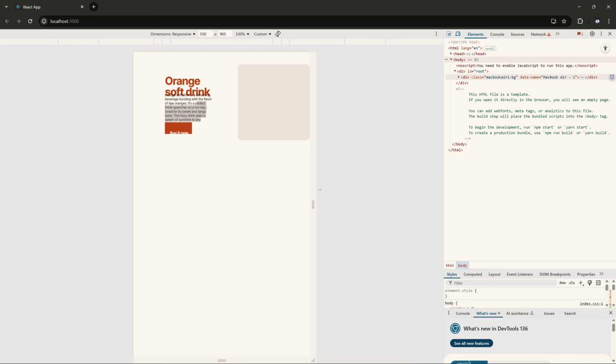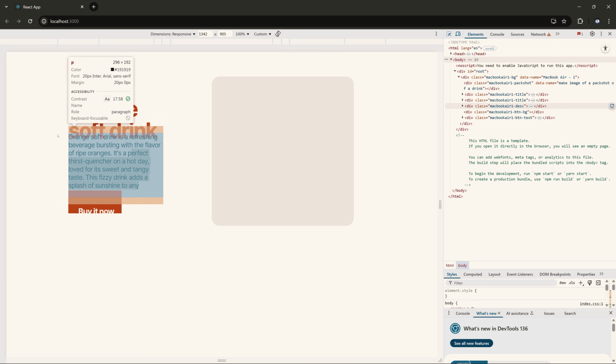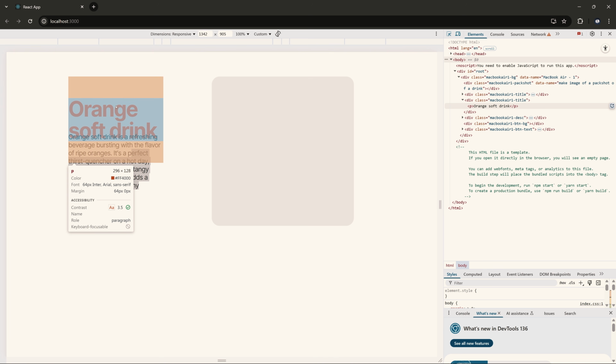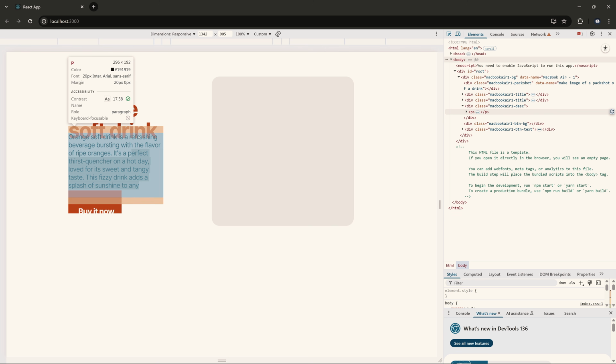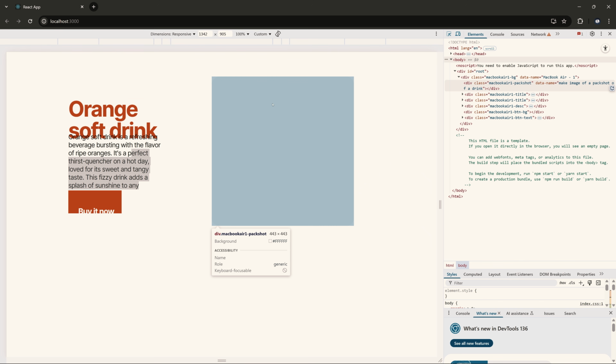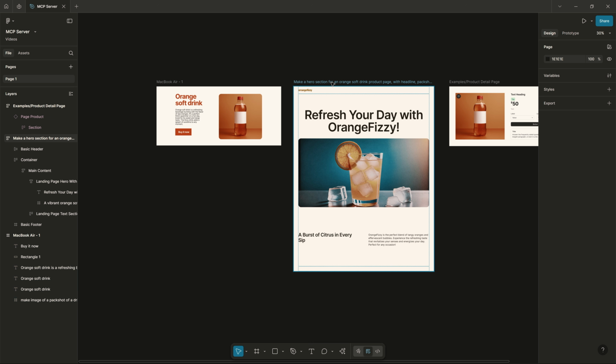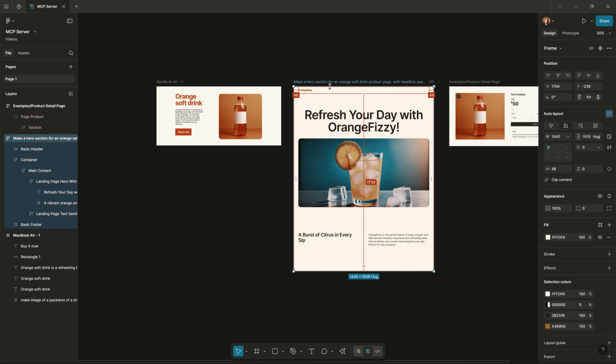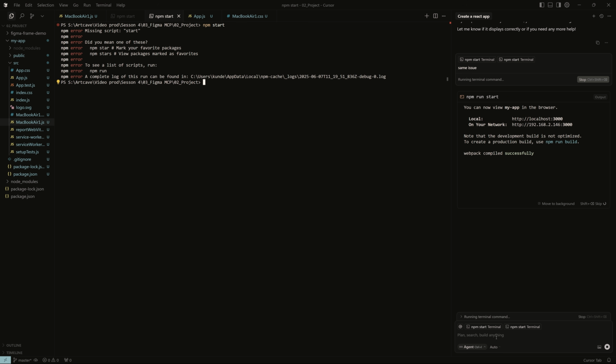And of course, things are a little bit weird and got broken. I'm not sure what can be the reason. Maybe the naming, maybe not using styles. Those are the issues that most probably exist. Let's open our Figma and select the next frame and get back to the cursor.